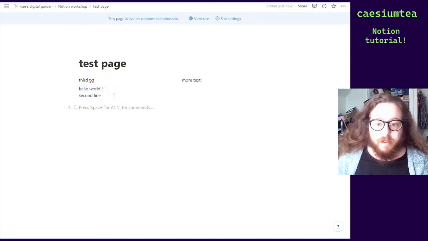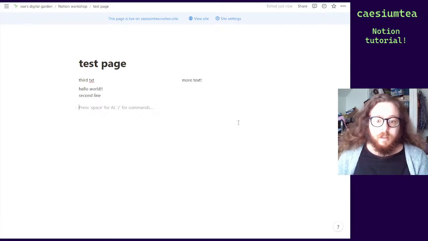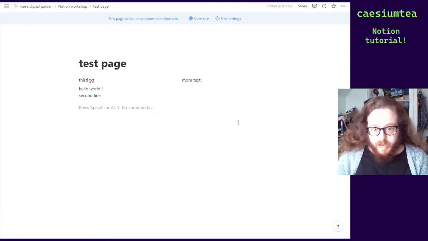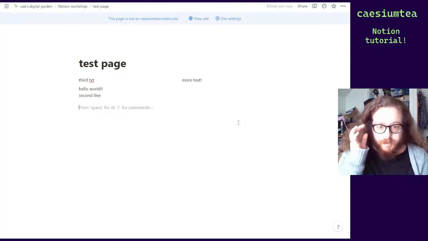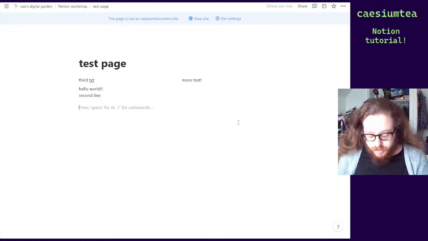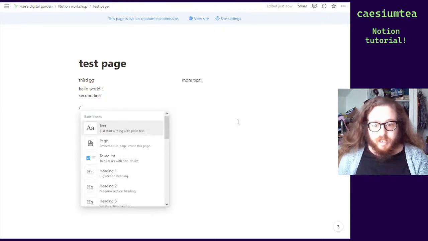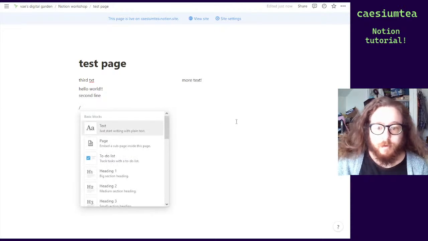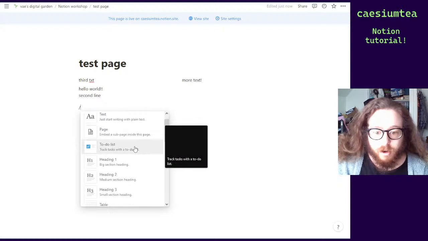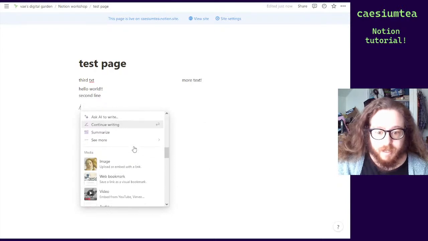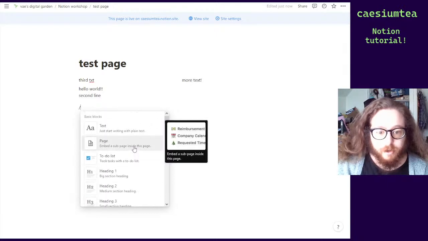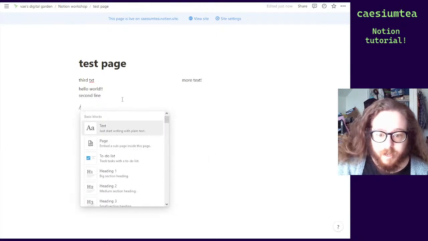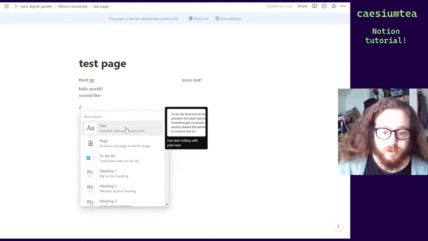So great, we have text, but there's a lot more that we can do with a page besides just text. There's many different types of blocks, and if you press the slash key, the /, it'll pull up this little menu of all the different types of blocks that we have in Notion. So I'm not going to go through every single block, but to just start with some of the basics, we